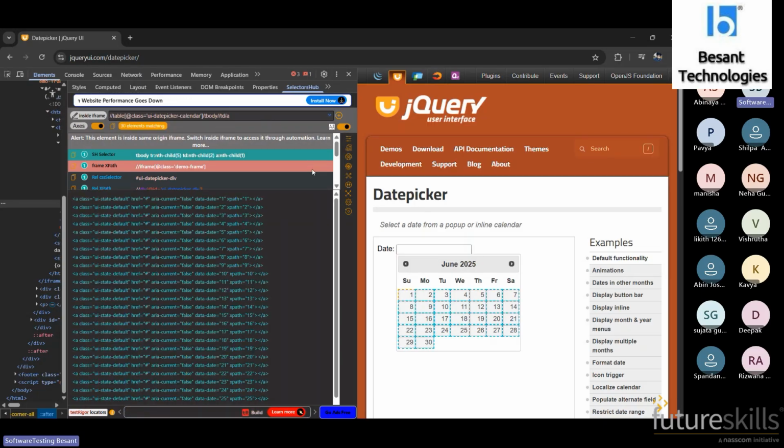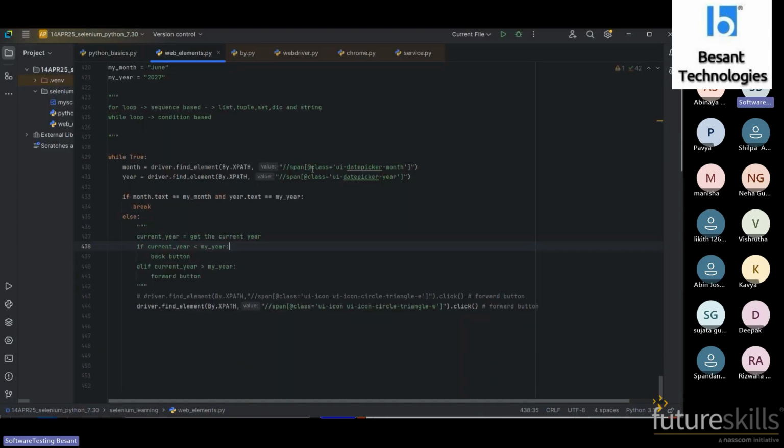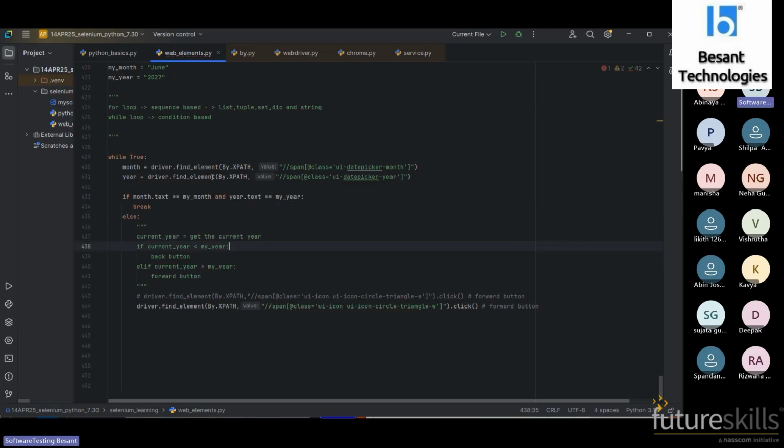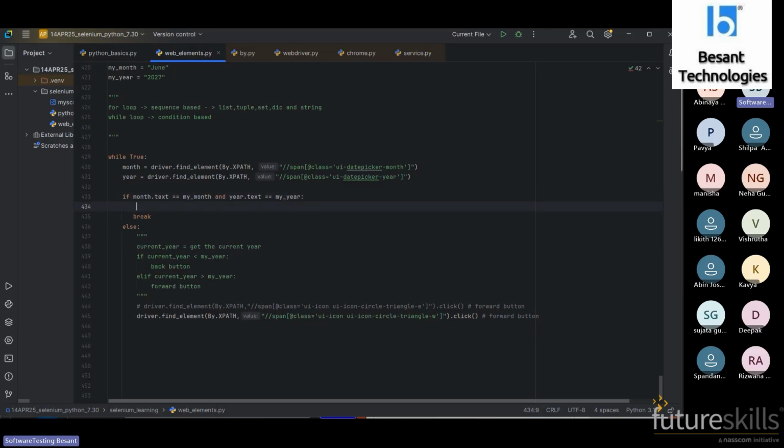Okay, I think it is easy to use. So what are we supposed to do? Either I go with the same if condition, or I can create it differently. Once the month and year get matched, what do I need to do? Date.